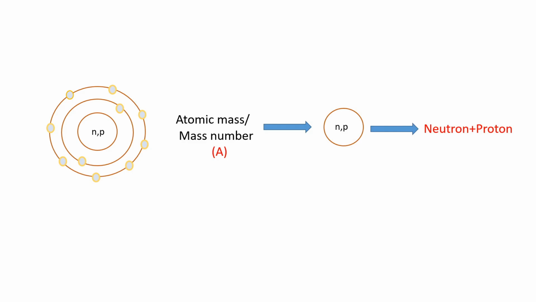Now let's see another definition of an atom, that is atomic number, for which also we will consider an atom. So this is the nucleus where N and P reside. Again, N is for neutron, P is for proton. There are two orbitals in this example. So the first orbital has the maximum limit of 2 electrons, and the second orbital has the maximum limit of 8 electrons. Now these orbits or orbitals can also be called atomic orbitals or atomic shells.